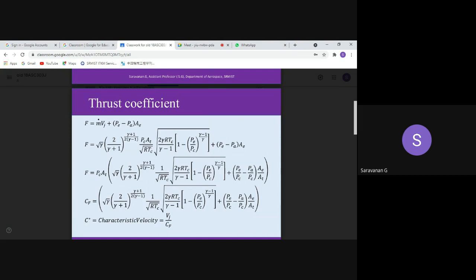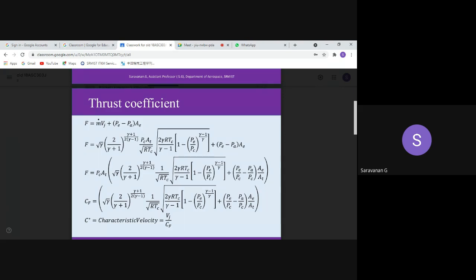We already had one velocity known as the exhaust jet velocity or effective jet velocity, that is Vj. If you go for V equivalent, that will consider the pressure exit and ambient pressure cases, whereas we are neglecting that here, so it will be the effective exhaust velocity Vj. So we are deriving the relation of C star in terms of Vj and Cf. In order to derive the thrust coefficient, we had a basic